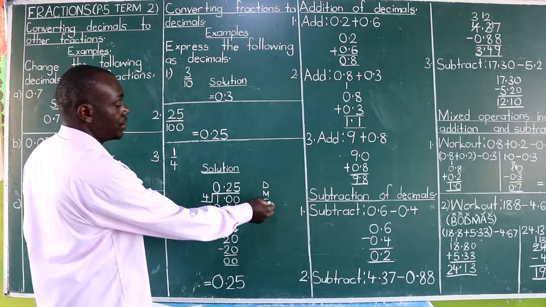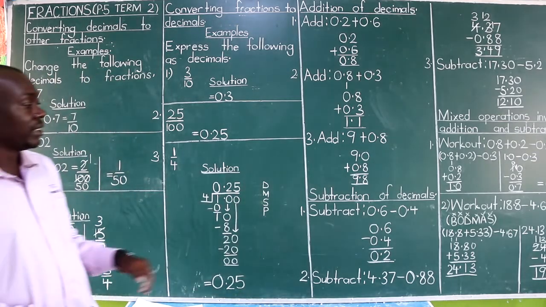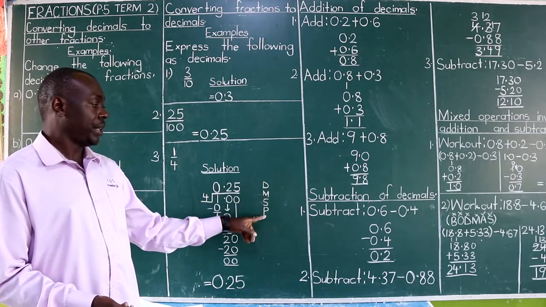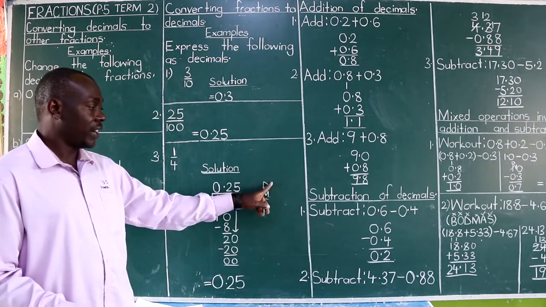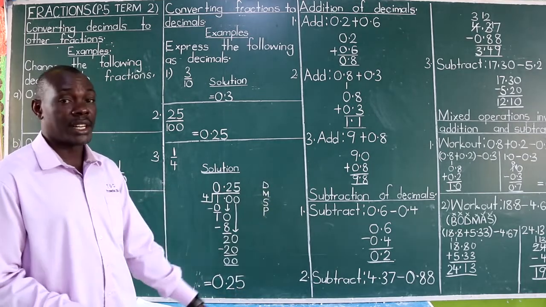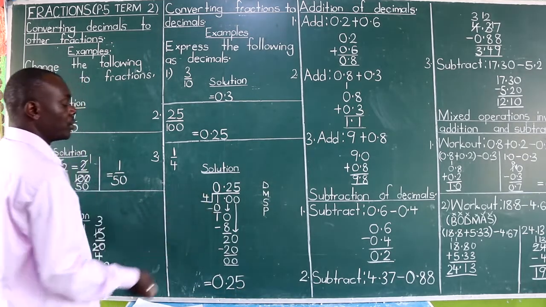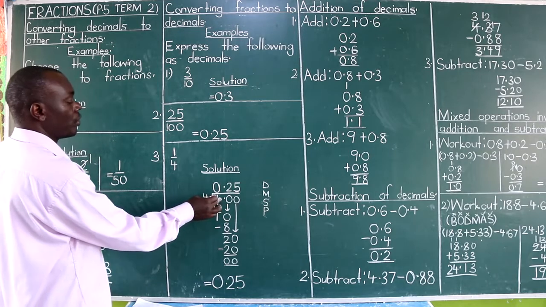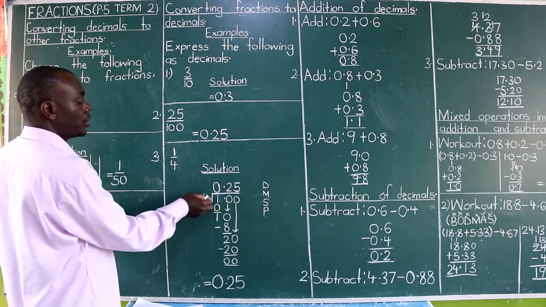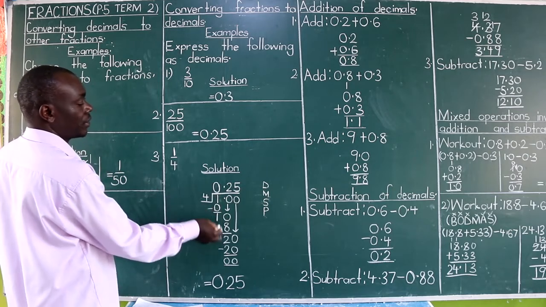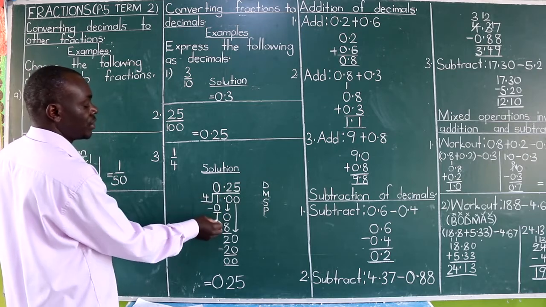Then we're going to use DMSP. Wherever we are using long division, we use DMSP: divide, multiply, subtract, pull down. Now we are going to divide 1 by 4. Where 1 divided by 4, you get a 0. We have divided. Now we're going to multiply. 4 times 0, you get 0. Now I'm going to subtract. 1 minus 0, you get 1.